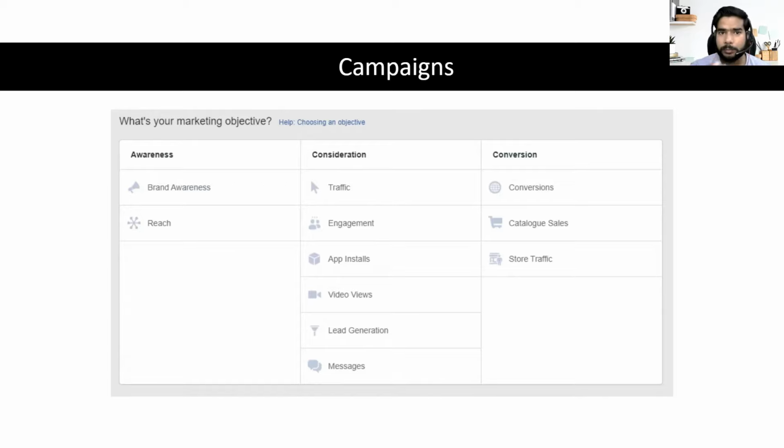Now, what is the difference between brand awareness and reach? Brand awareness means it will reach the same people multiple times so that they will have more recall. But in reach, with the same amount of money, you're reaching a lot of people.